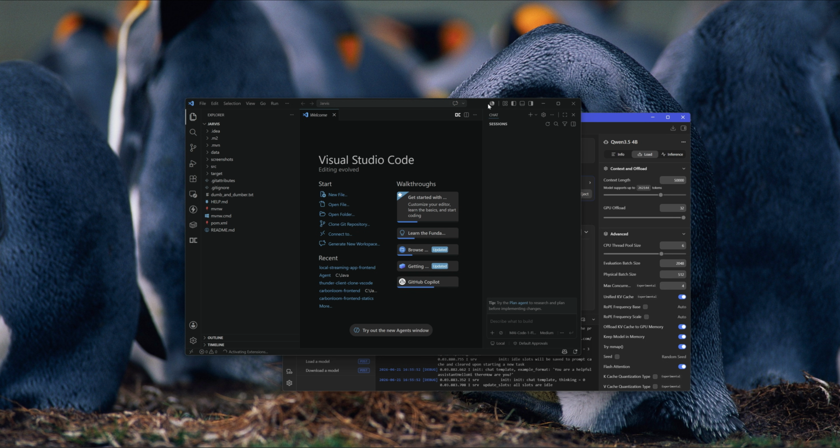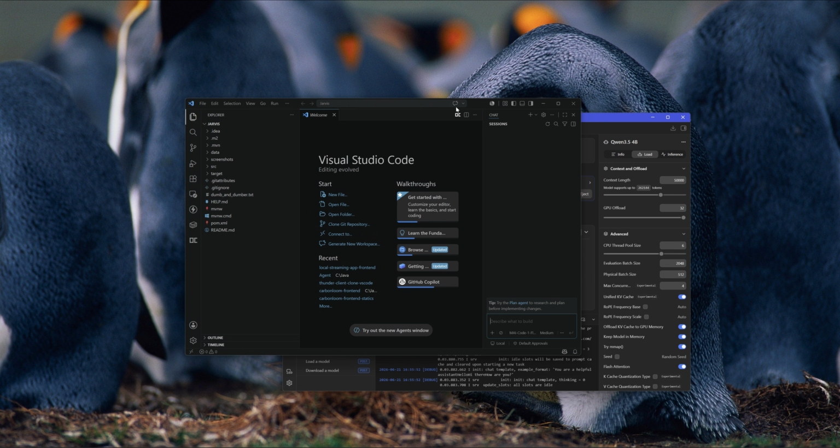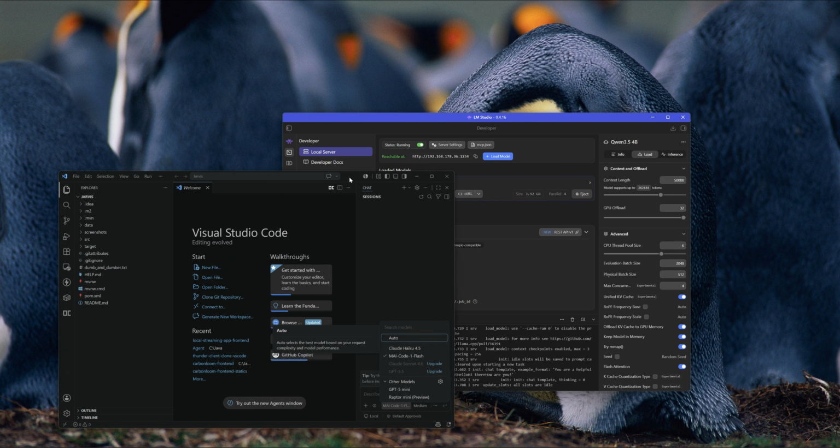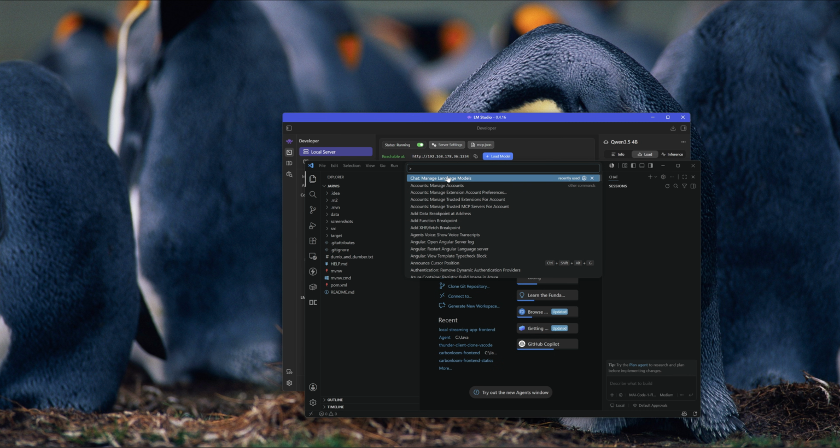In VS Code, let me show you the example first. This is GitHub Copilot, and we have here some models from Copilot itself, but we want to use our local AI model. So for that, first we go to settings here and choose this one. Here you need to select the chat,